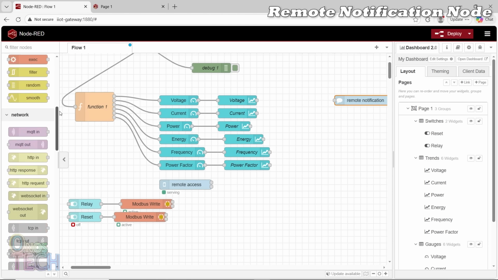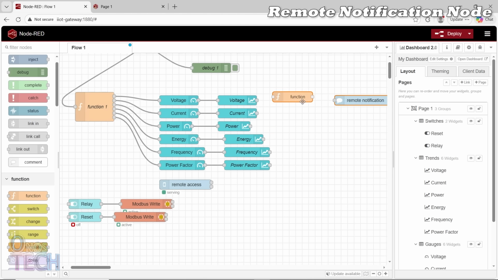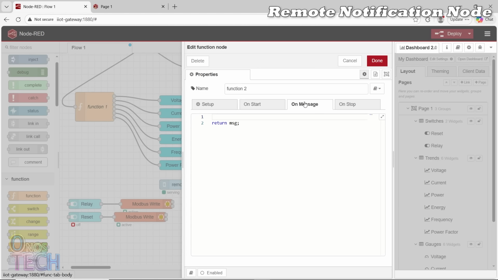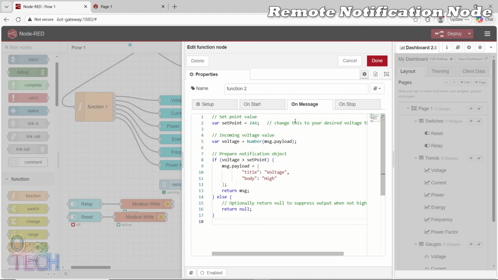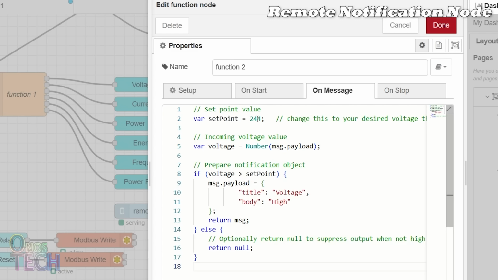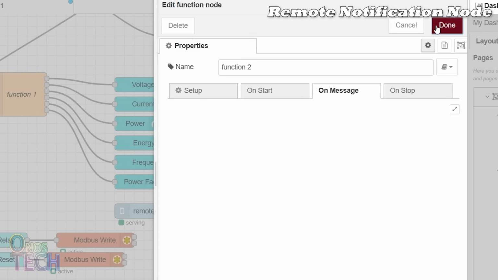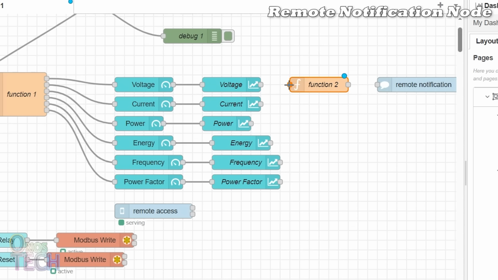Now, let's add the function node and paste this simple script from the GitHub link in the description. Modify the set point to your voltage high alarm or alert threshold. The node should output a message payload with the title, voltage, and the body, high, when the set point is exceeded. Connect the function node to the output of the voltage chart node and to the input of the remote